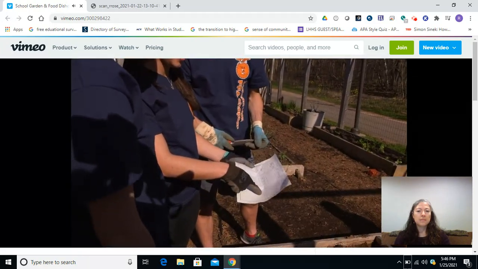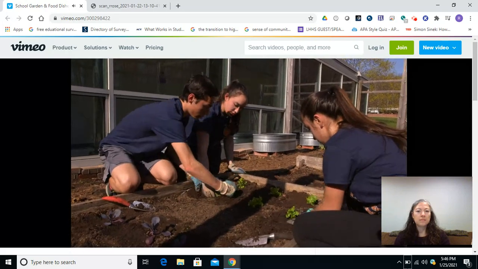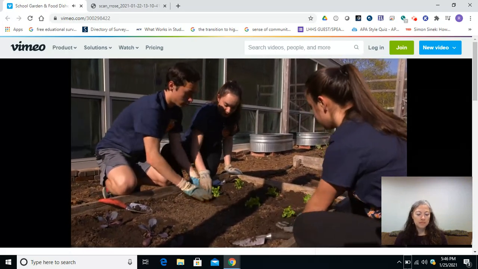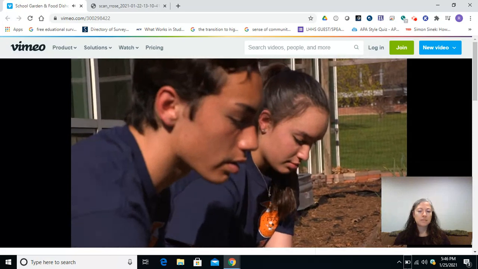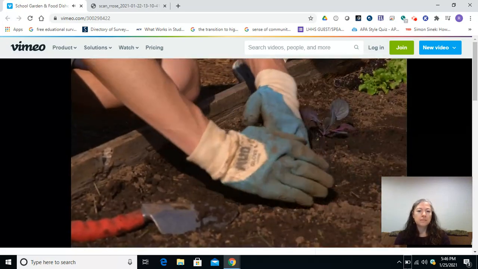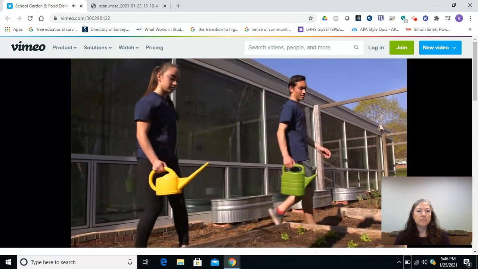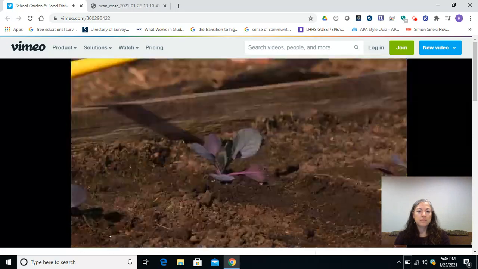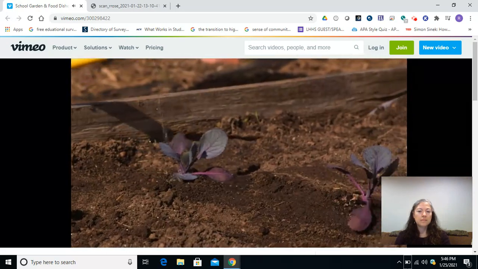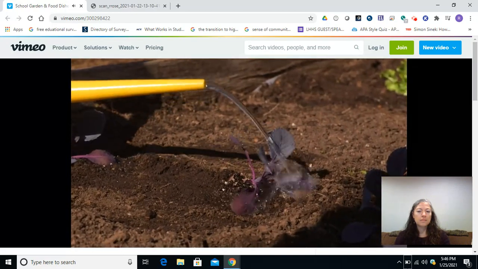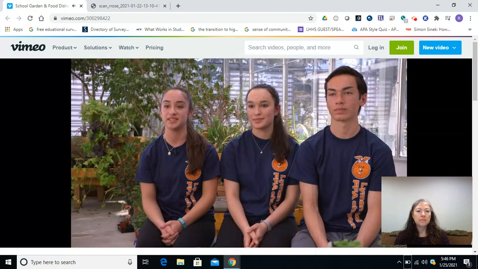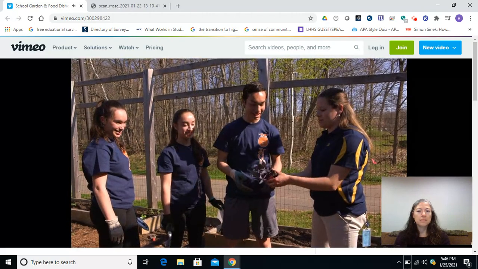so that's what sparked our interest in growing a garden. One of the biggest challenges of our SAE was working in the pouring rain, but we had to do it because those were the only days that we could come in. And then another challenge was getting all the weeds out because there were so many, but we had to get it done so that the crops had room to grow. But once it was done, it looked nice. We overcame challenges in our SAE by working together and making sure we had the right supplies and asking our teachers whenever we needed help.